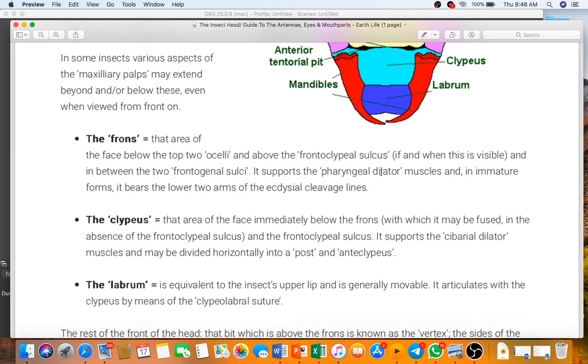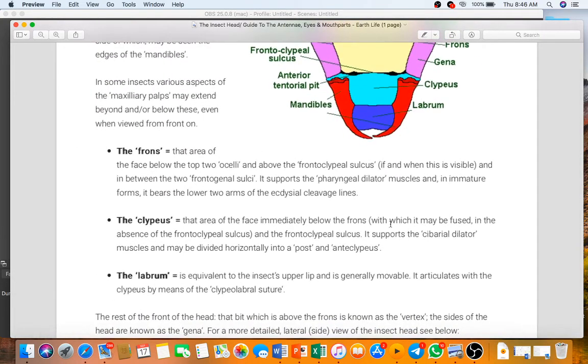It supports the pharyngeal dilator muscle and in immature form it bears lower two arms of ecdysial cleavage lines. Then coming to clypeus. This is the area of face immediately below the frons. This region is the area of clypeus which is immediately below the frons, and